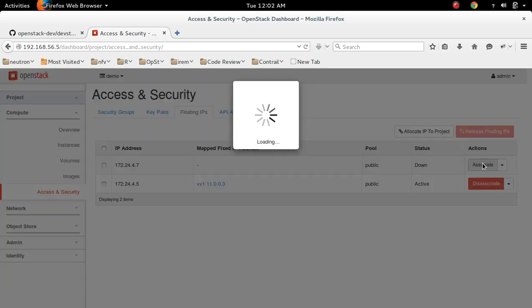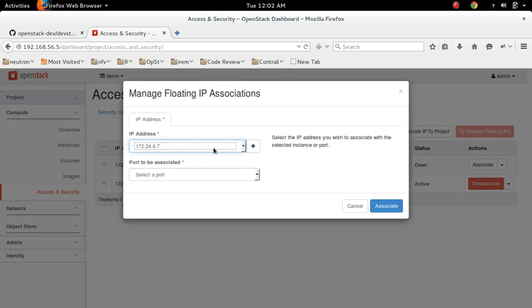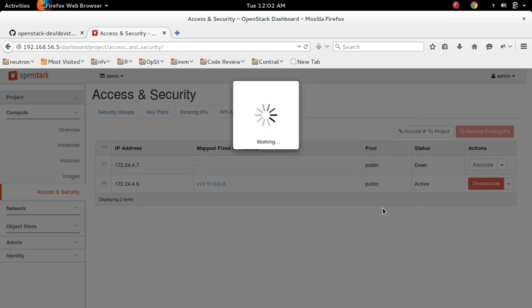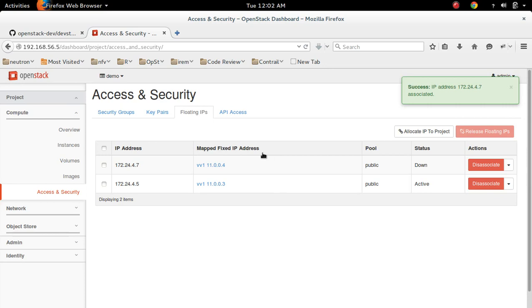Here click on associate. Here I think I can select for the second interface of the VM. See,